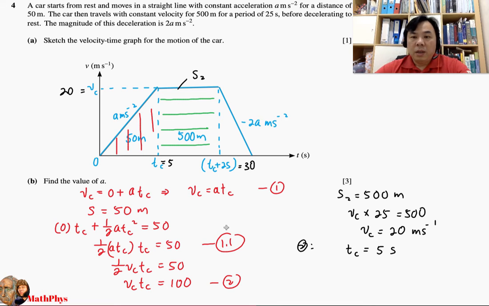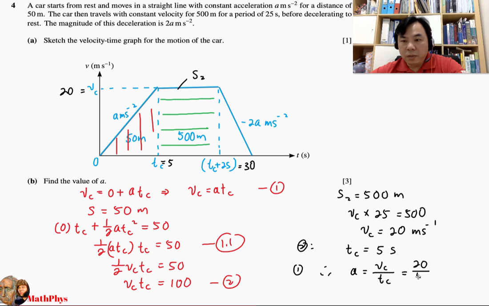All right. Of course, finally, we need to answer the question. Find the value of A. Therefore, from equation number one itself, we would be able to find out A is basically VC divided by TC. So we have our VC as 20, TC as 5. So therefore, that will be 4 meter per second squared there. All right. Now I hope that has been